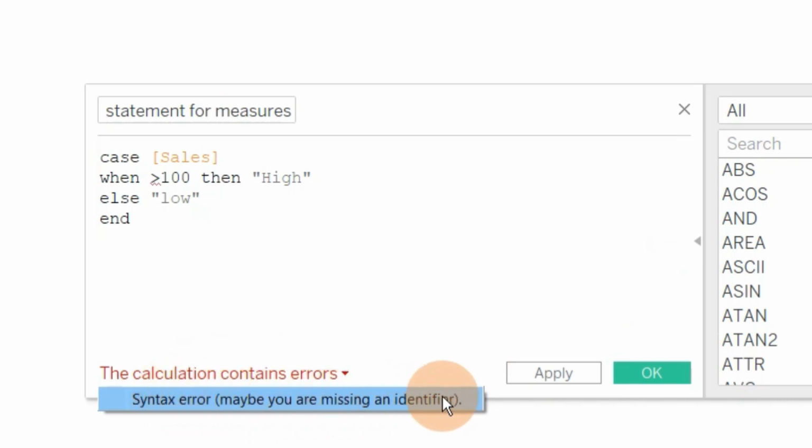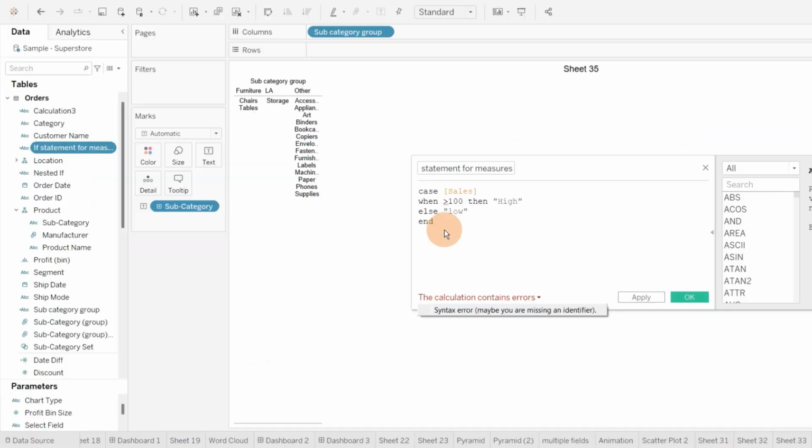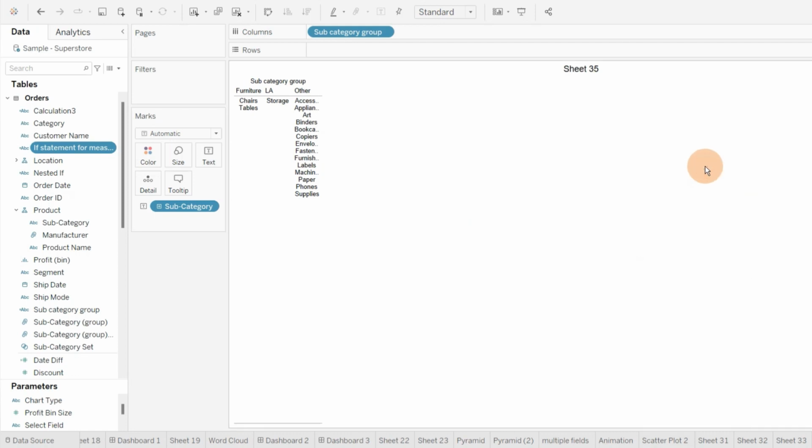The syntax error is coming at my greater than value. I cannot compare greater than or less than values with my case statement. The case statement can only be used with dimension values with equal to, where I want to match a precise value and nothing else. So this is the limitation of the case statement,